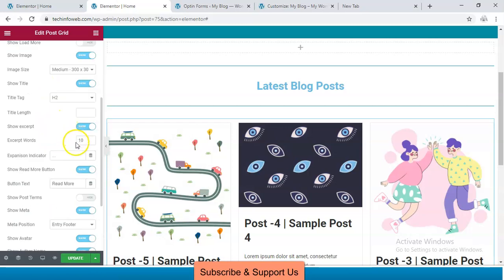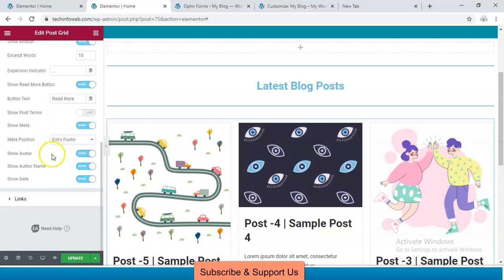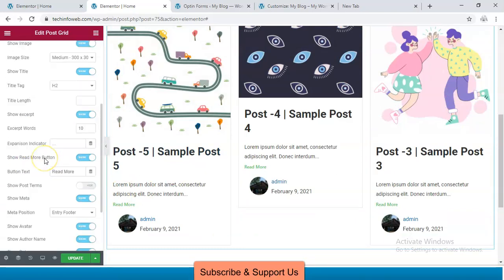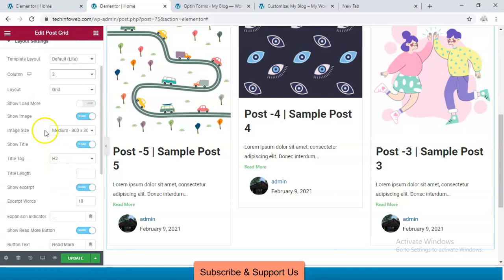It's your wish to add other things like show date, author name, avatar, and so on. We can also add the load more option, but I am not going to use it here. Click the update button.